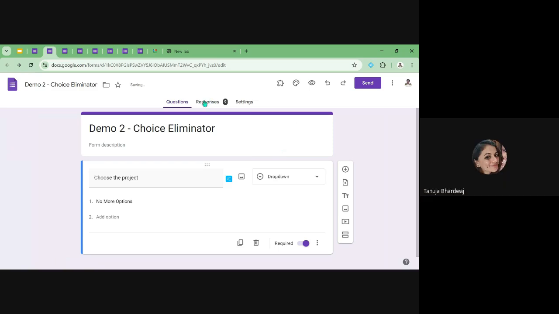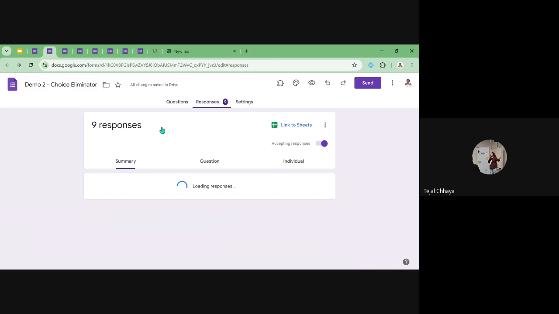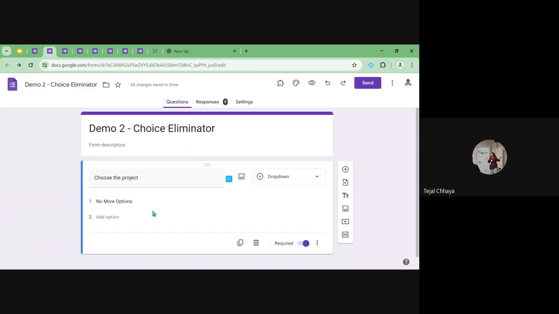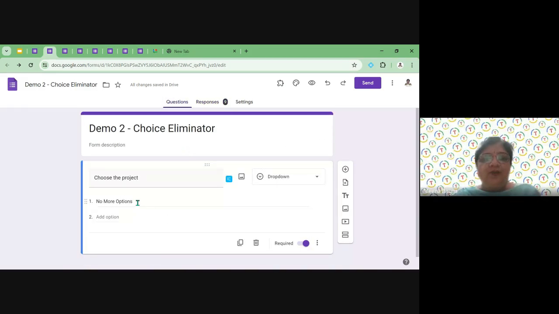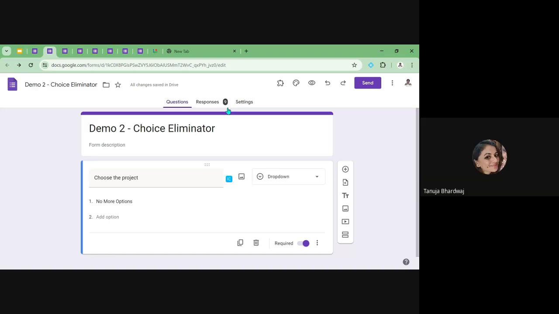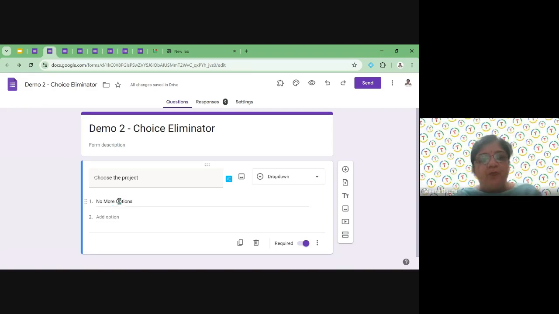Can you see more choices? You can see my screen also. All the choices have gone. Nine percent have filled. Maybe after four, no one has seen the choices. Ma'am, I am not able to see any choices. Yes, same here. These are removed for me also. You can see here, right now I cannot see any choice. Okay.